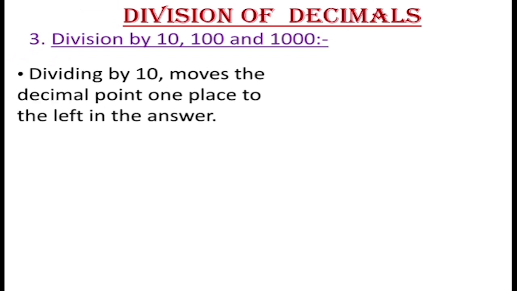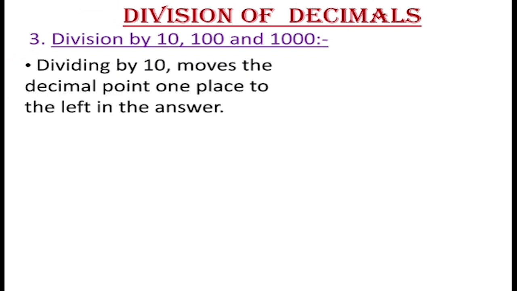Now the third one is division of a decimal number by 10, 100 or 1000. When we divide a decimal number by 10, it moves the decimal point one place to the left in the answer. For example, here 15.73 is divided by 10. So the decimal point will shift only one place to the left. So the answer will become